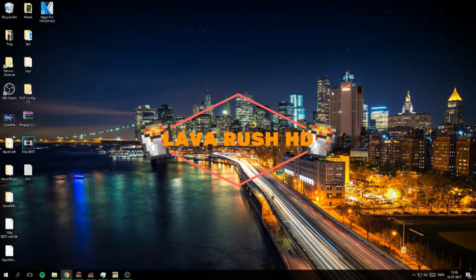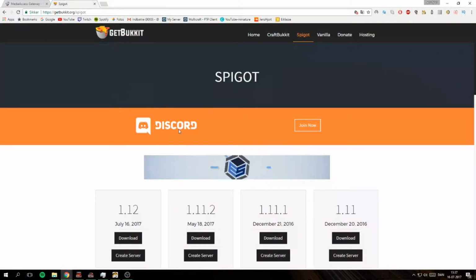In today's video I am going to show you how to make a server for 1.12. This is a server where you can have plugins on it, so it is going to be a Spigot server. So here we are on the